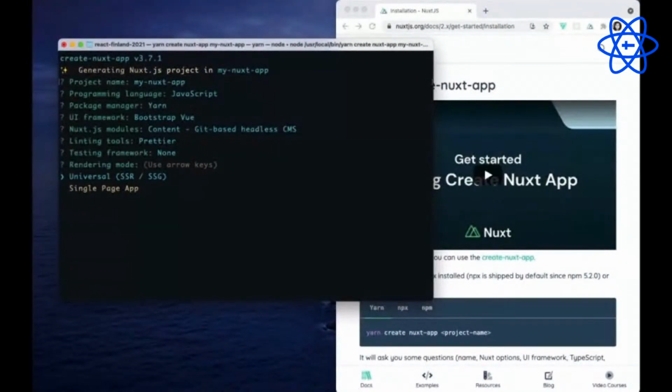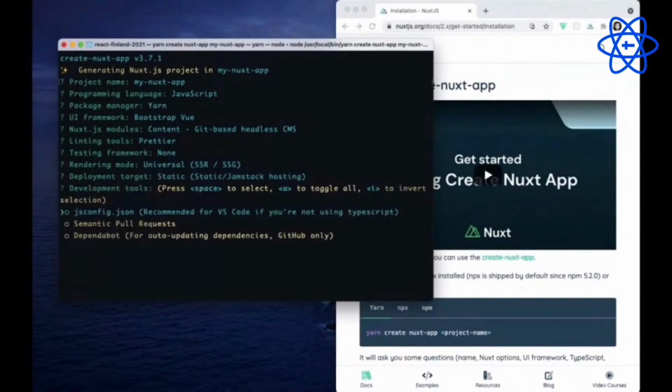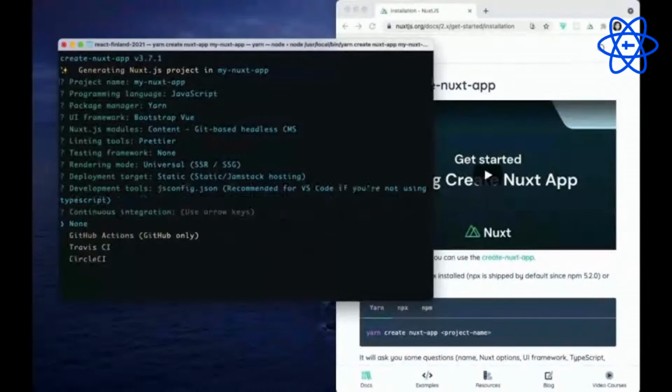Now here we will go with universal because it supports both server-side rendering and static site generation. We are interested in static site generation, so let's go with universal. For deployment target, we have two options, either server or static. Because we are building a static site, I'll go with static. We are not using TypeScript, so let's go with jsconfig.json, and CI none, and git.